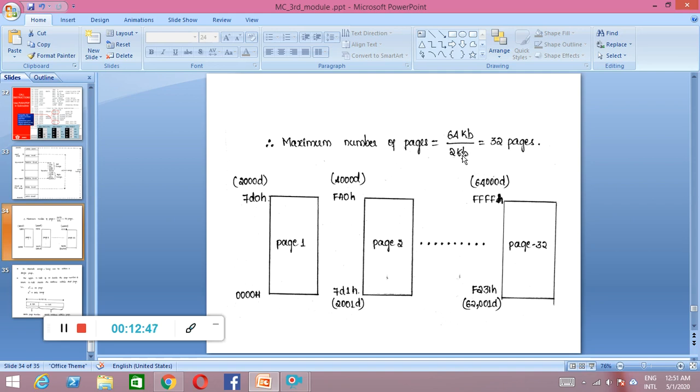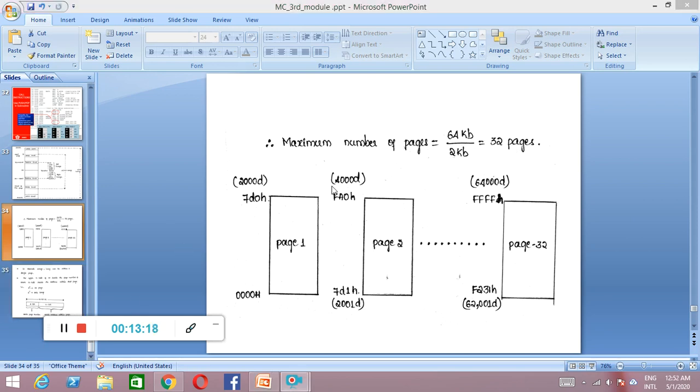For 2 kilobytes you require the 11-bit address. You can check that on your calculator also: 2 raised to 11 gives 2 kilobytes of address. So for this address range, it is going to have 32 pages.